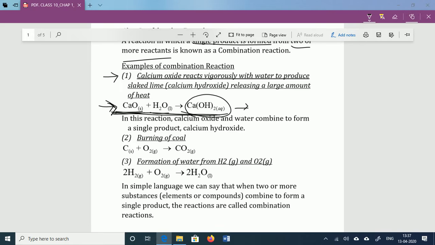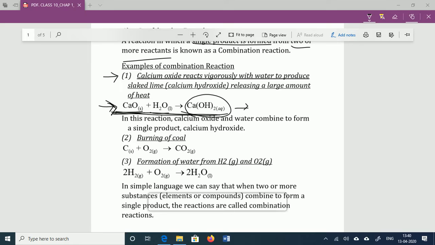So here in this process heat is produced, so this type of reaction is called an exothermic reaction. Generally in the combination reaction, when two or more reactants combine with each other and make a single product, the free energy of the individual atoms is evolved in the form of heat, so it produces heat and is called exothermic.